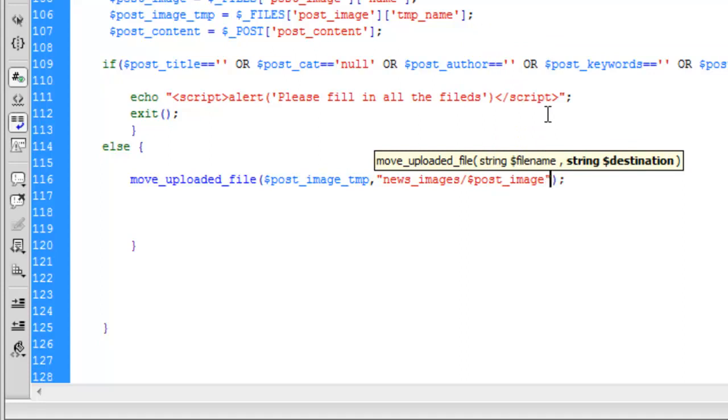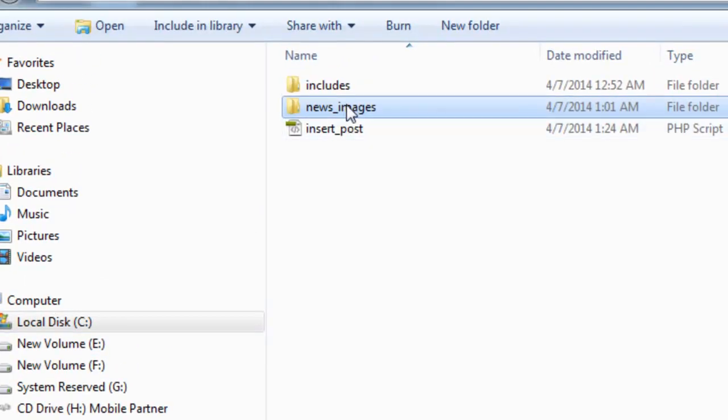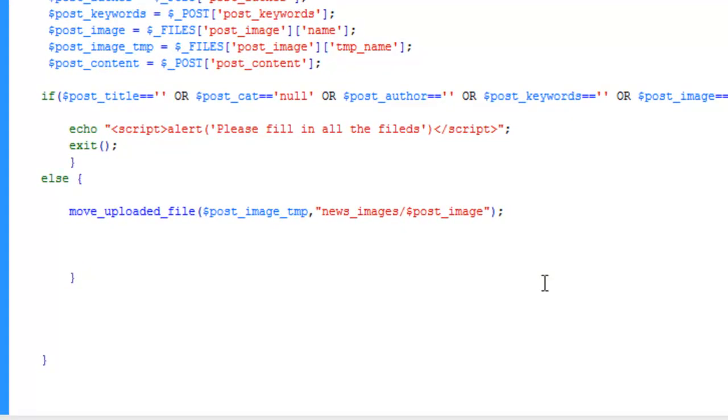Add the post image over there. This is a simple script that you can write, and the image will be uploaded to the folder you have specified. This is our folder, news_images. Now just say